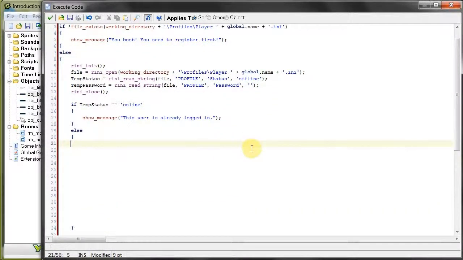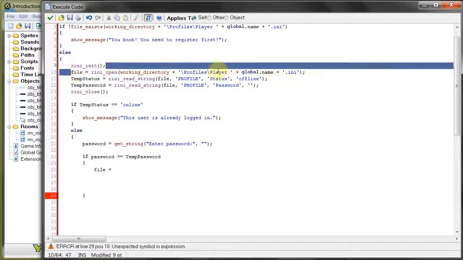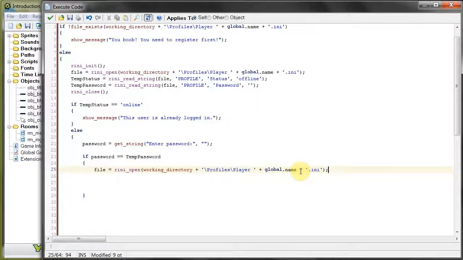Let's say password equals get string, enter password, default value of nothing. So that'll get their password. Now we're going to check if their password is equal to temp password that we read from their user file. And here we're going to say file equals, I mean we've already initialized it here, so we don't have to initialize it again. We're going to say this file equals that again, and ultimately we're going to be changing